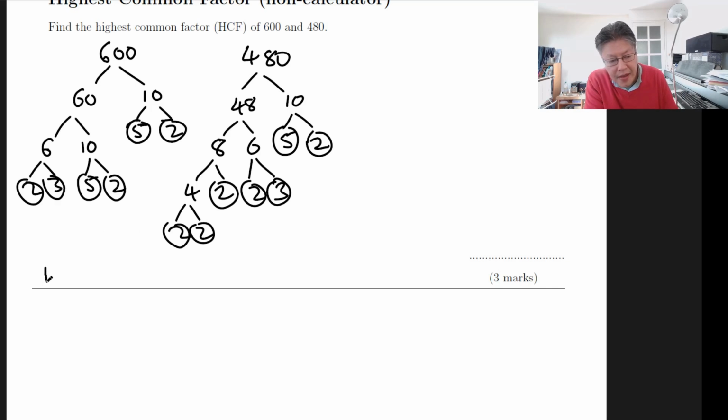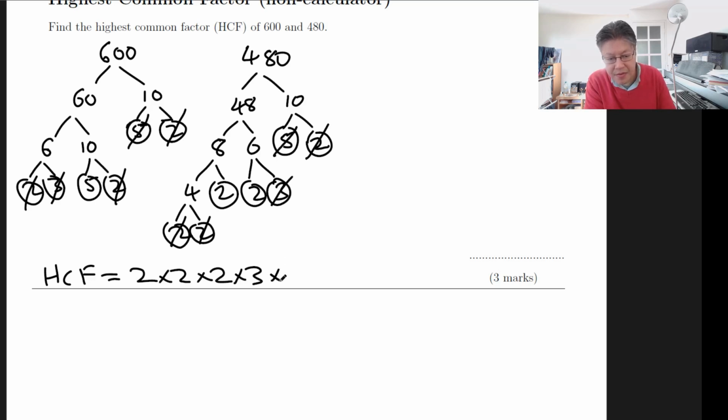So if I put HCF equals, we're going to just pair these off. We see there's a 2 in both, so we'll cross that off, a 2 and a 2, and we put a 2, and we see there's another pair of 2's, one here and one here, so that's times 2, and another pair of 2's, 2 times 2, and there's no more 2's to pair off, so we look at the 3's, and there's a 3 here and a 3 there, times 3,